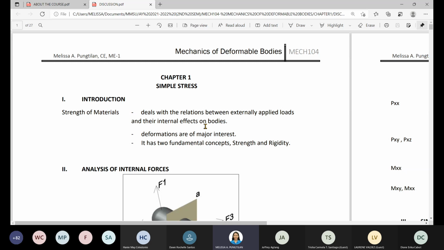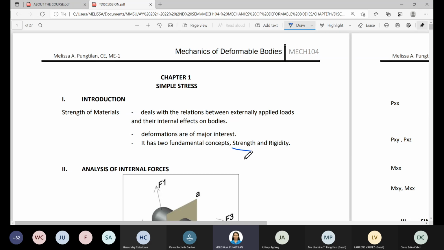So we have two fundamental concepts here, the strength and the rigidity. So yung strength po na tinatawag is the ability of a material to somehow withstand an applied load without failure, or this is the material's resistance to breakage. Ito yung tinatawag na strength. This is the ability of a material to withstand an applied load without failure, or yung tinatawag nating material's resistance